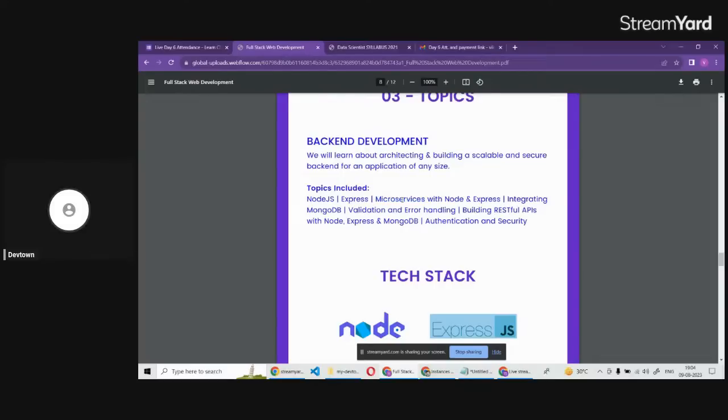Now, microservices means what? Microservices is basically used if you have a very big backend. So let's consider you are, no, see